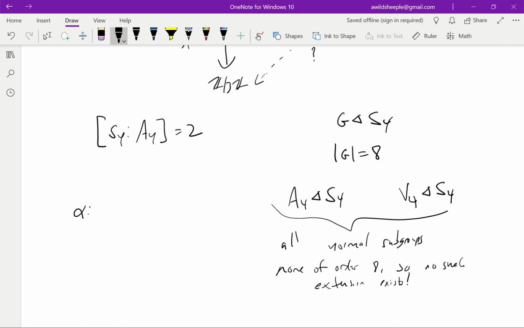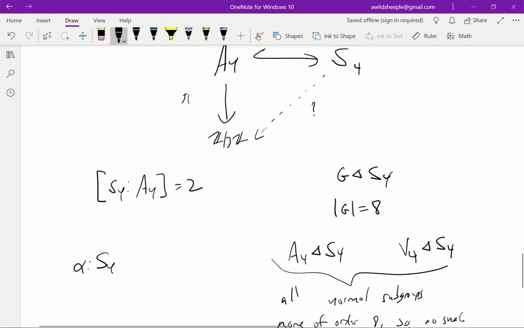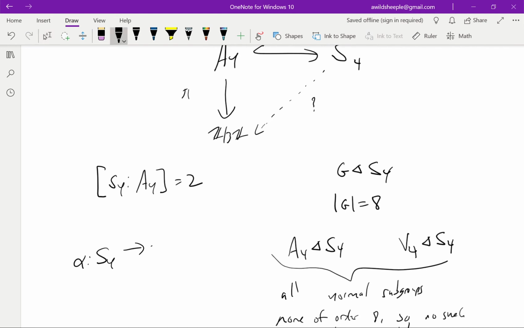Maybe I'll call it alpha, S4 to Z mod 3Z. And the question is, what are such maps? Well, let's have a think about that. We know that